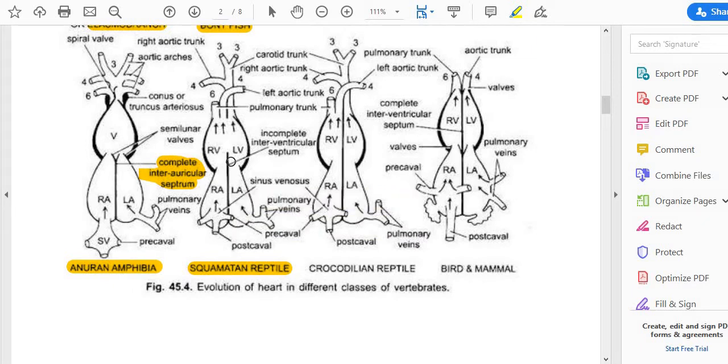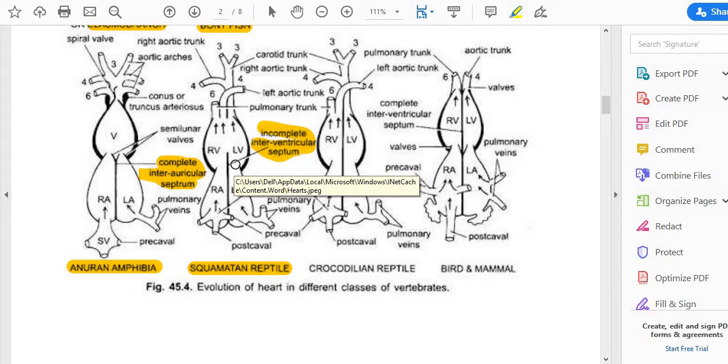And from the auricle it continues with the ventricle. Here the ventricles are partially divided. So here we can see an incomplete interventricular septum, but the auricle was completely divided. Whereas in the case of the frog heart, the ventricle was not divided, not even partially divided, only the auricles were divided. But here the ventricles are divided, but only partially. Hence the lizard heart or reptilian heart is called a partially divided 4-chambered heart, or it is only a 3.5 chambered heart.